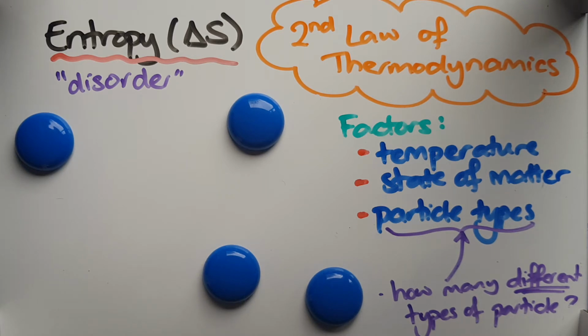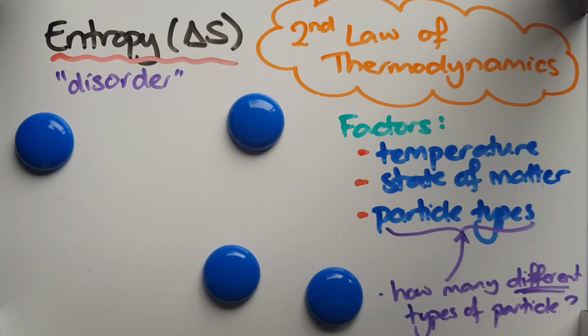This state of matter one sort of trumps everything else. If you see something with solids on one side of the equation, and not on the other side of the equation, then that's a pretty sure sign that the side with the solid has got a lower entropy than the other side of the equation.